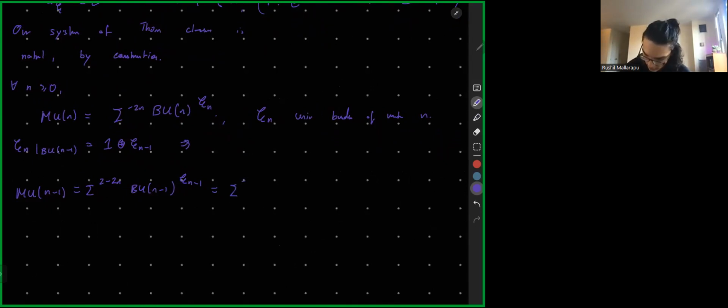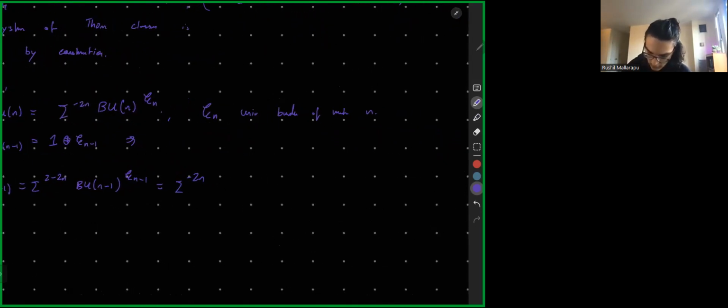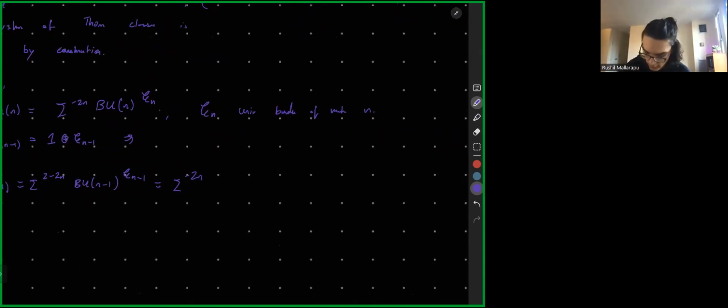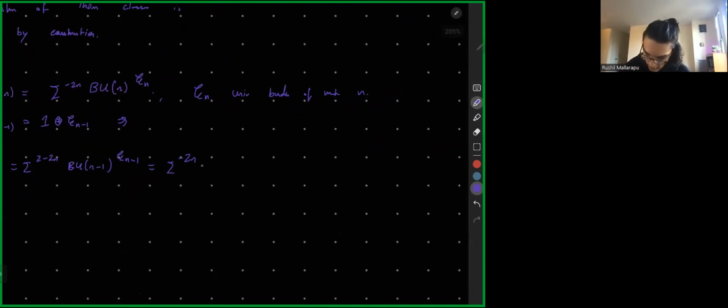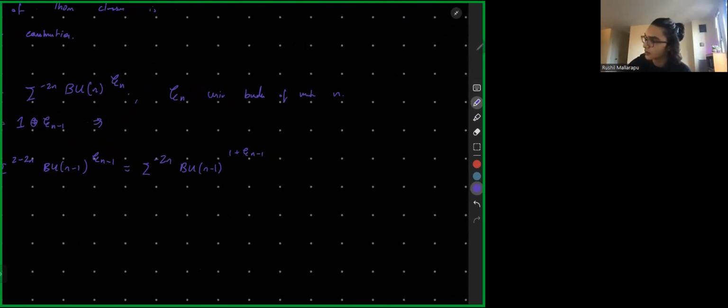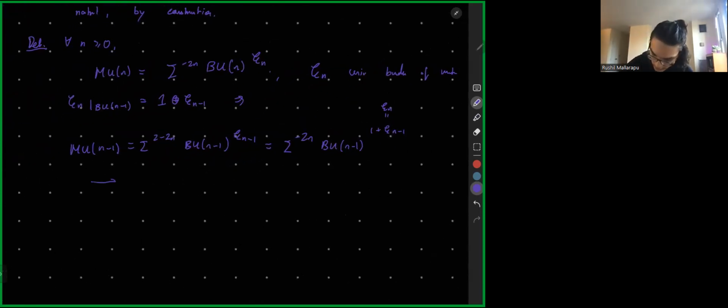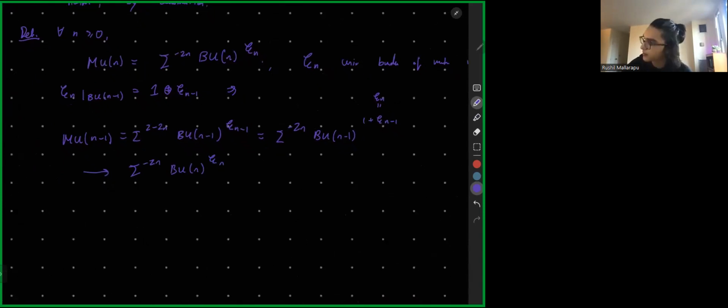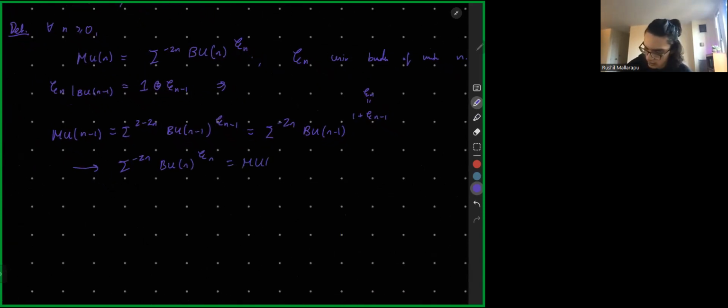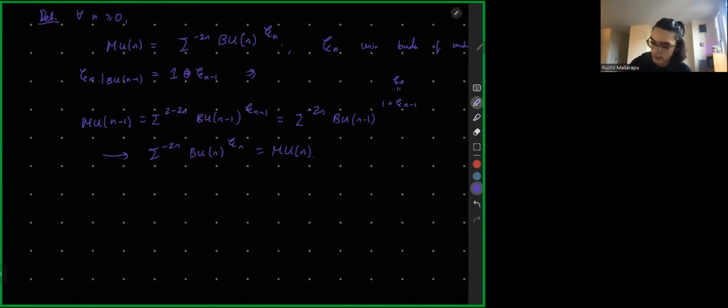And this is just by properties of Thom spaces, that they turn sums of trivial vector bundles into suspensions. So this is the same thing as the Thom space of BU_{n-1}, 1 plus zeta_{n-1}, which is, oh look at that, that's just zeta_n. And therefore, this thing maps to the negative 2n desuspension of the Thom space of BU_n, zeta_n, which is just MU_n. And then